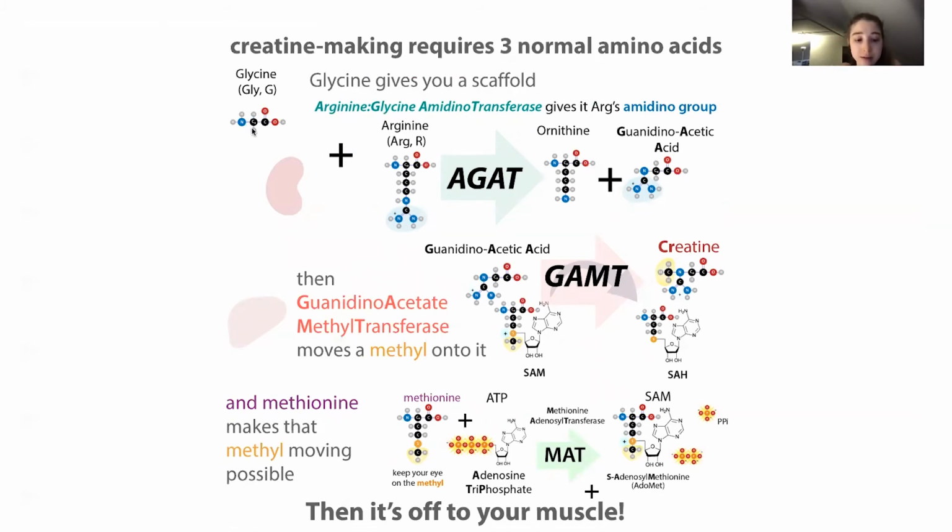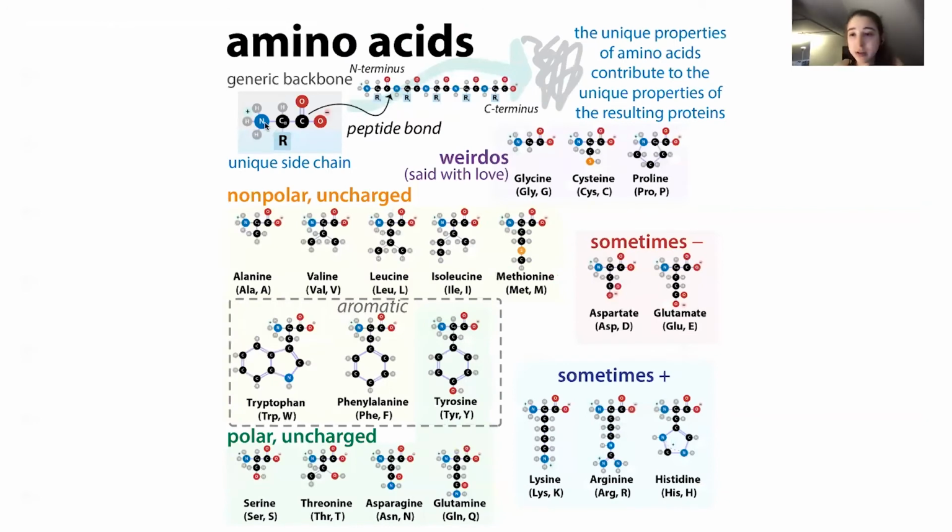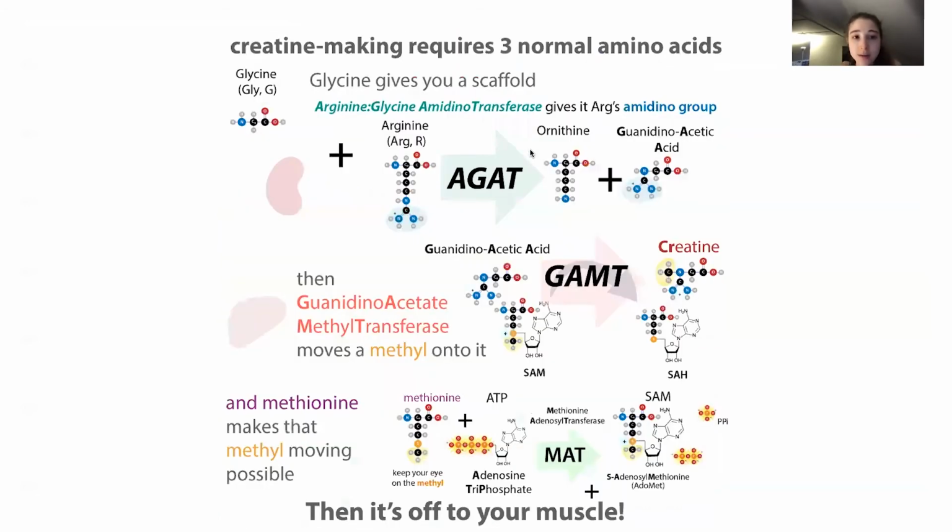And so these amino acids, the protein ones that we're talking about, have, in addition to that amino group and a carboxylic acid group, a unique side chain or R group that sticks off. And in the case of glycine, you just have a hydrogen. So this is the backbone we're getting from the glycine, but we're going to modify it. And so there's this enzyme, arginine glycine